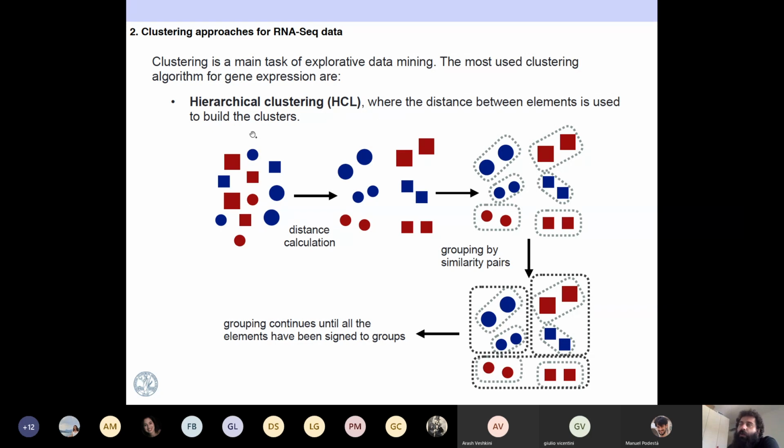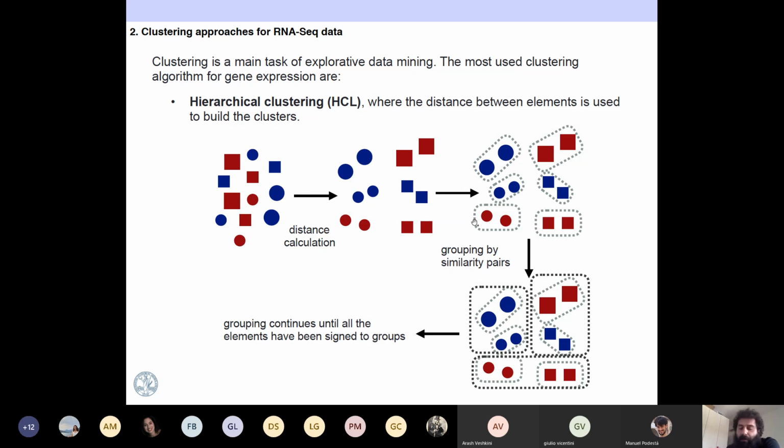No? So the thing that you do is you have a series of elements. You calculate the distance between them, and then you start to group them by pairs. Okay. So you say, for example, these two are together, these two are together, and so on. And then once you start to have this by pairs, you start to group again by pairs, again and again and again, by pair of groups, until all the elements have been assigned to groups. Okay. So that will be